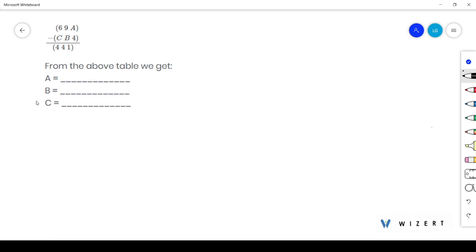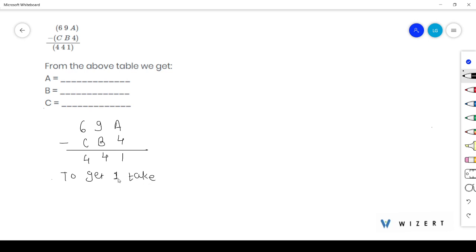Our question is, we have been given one subtraction, and from the above table, we have to find the values of A, B and C. Here we have been given 69A minus CB4 is 144. Now, firstly, from the units place, to get 1,